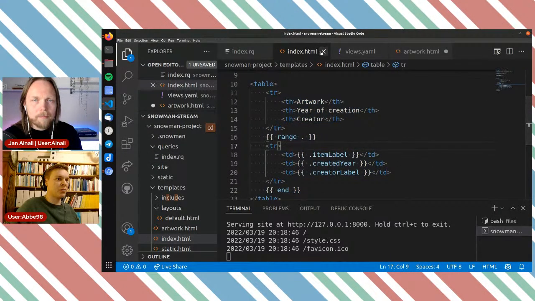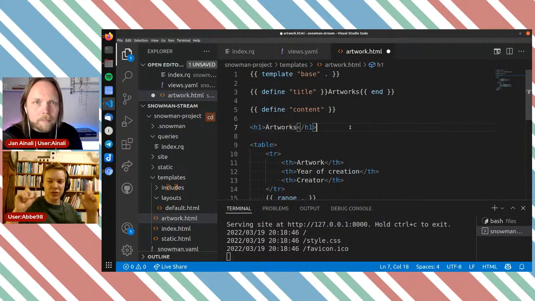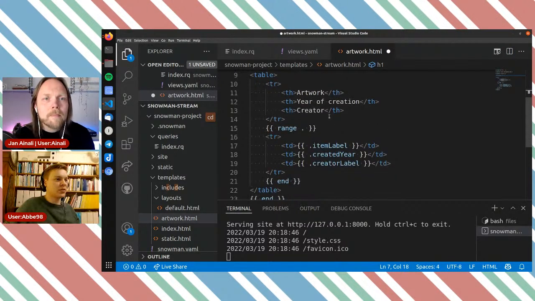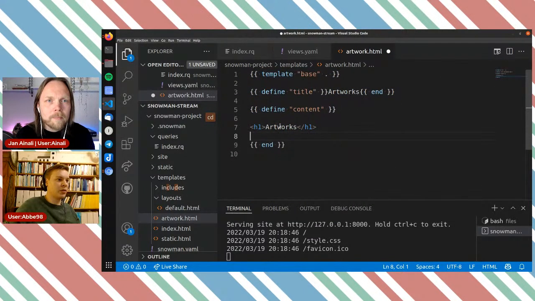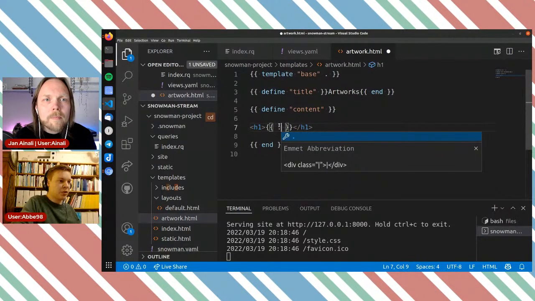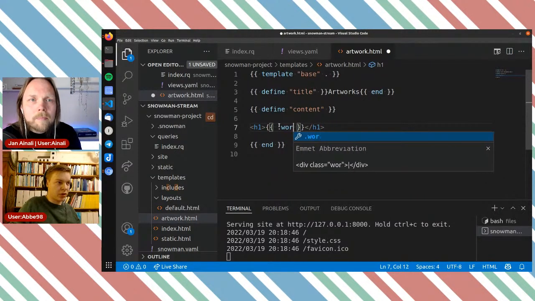And if we go back to our artwork template, we now can access the values for each row. So instead of doing a table here, we could, for example, work with the label of the work as the main header. So that would be work. No, it would be item.